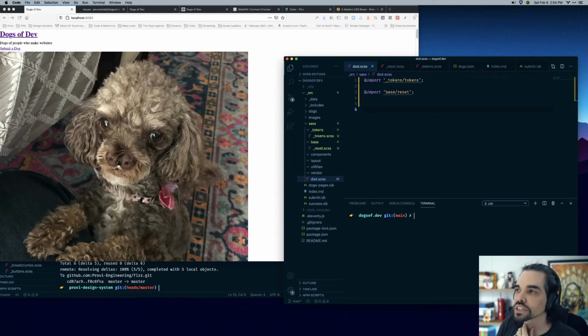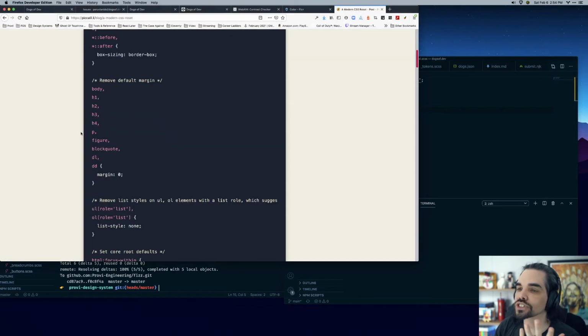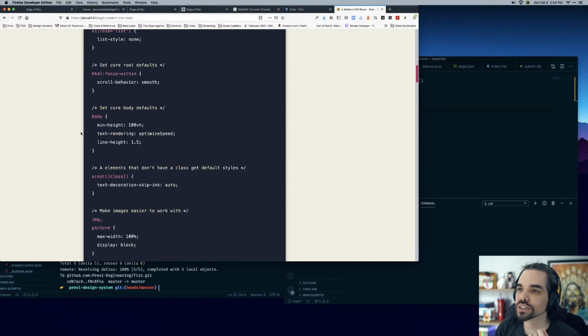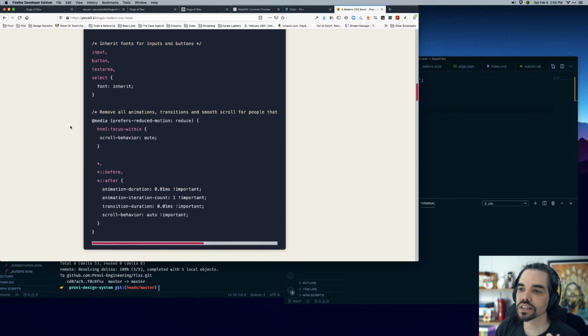So the usual CSS reset was just kill all the browser styles, which is complete overkill. Then you had normalize CSS, which came along later, that was basically like, we don't want to reset everything, we just want everything to look roughly similar across different browsers, so it accommodated for things like that. With Andy's is even smaller, and it just does the absolute minimum of stuff you would need to reset on every project,